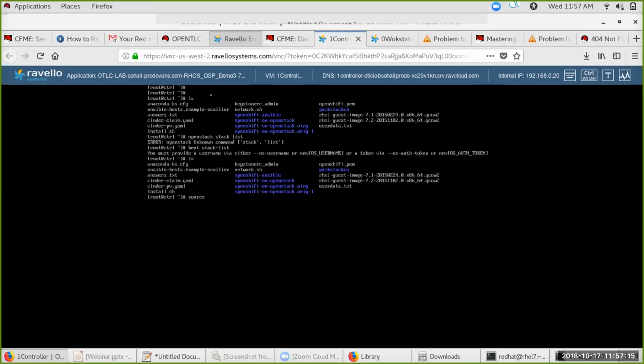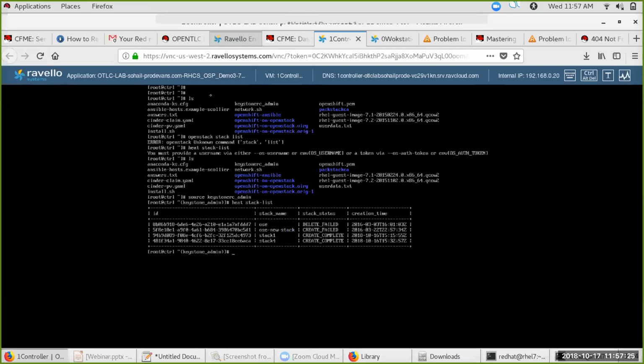I've logged in. Those who are not familiar, as I said, okay. So I have got a few stacks already created. We will create our own stack. I'm not going to use the command line. I will use the graphical way, but I just wanted to show you